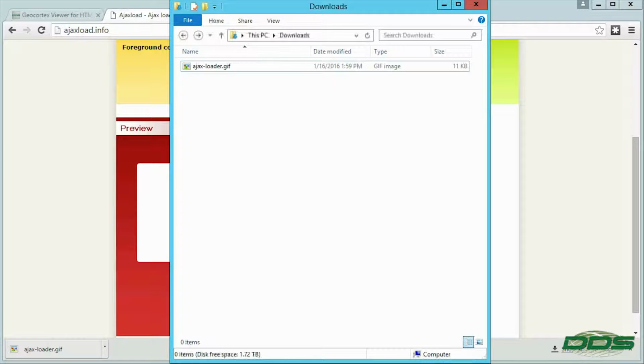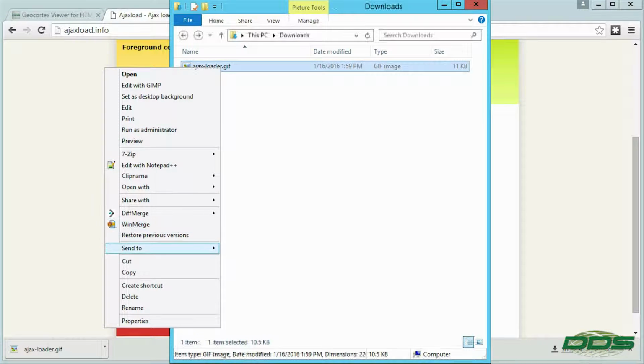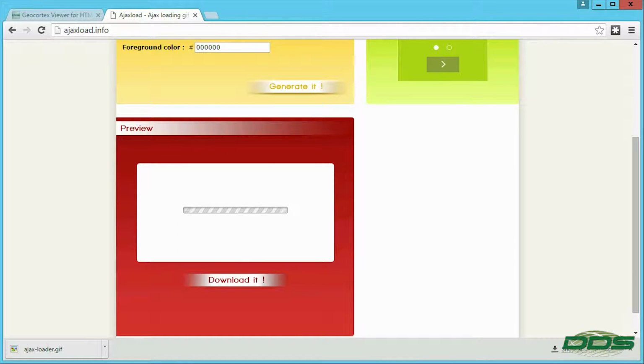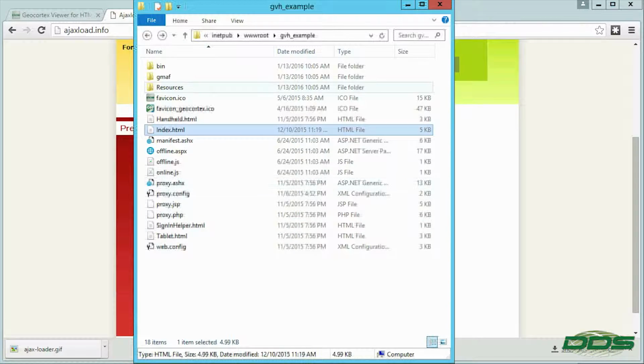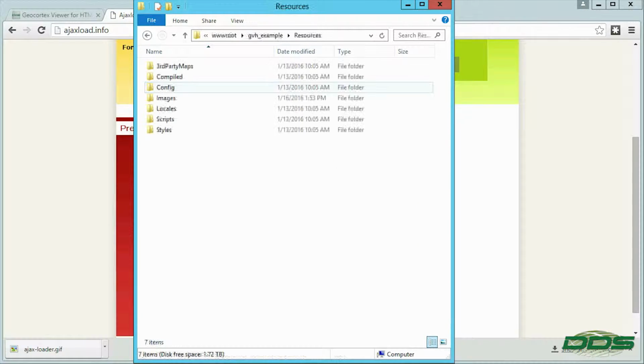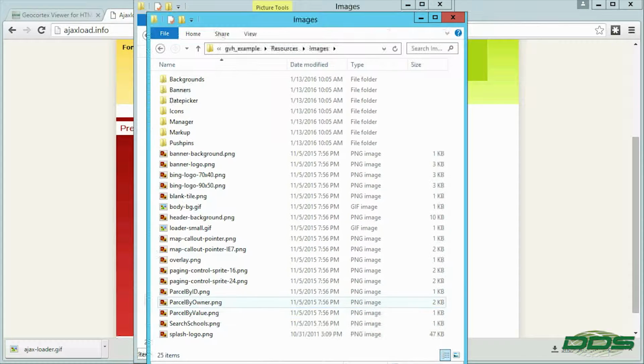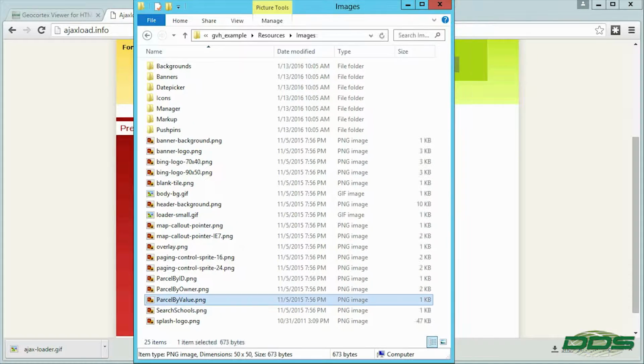At this point, we're going to go into our downloads folder, and we're going to just copy or cut that out of the downloads folder, and then we're going to navigate to the Geocortex viewer, which is going to be in your inetpub, in your wwwroot, and whatever the name of your viewer is. At that point, we're going to go into the resources, into the images, and within the images folder, we're actually going to create a new folder,